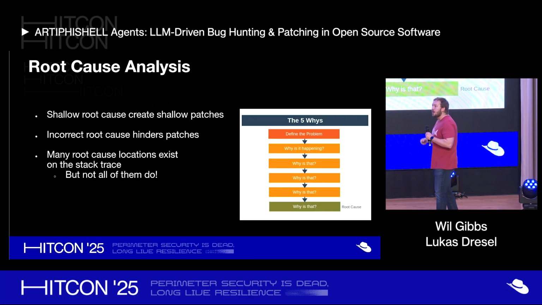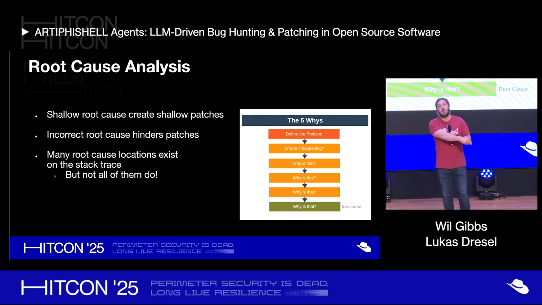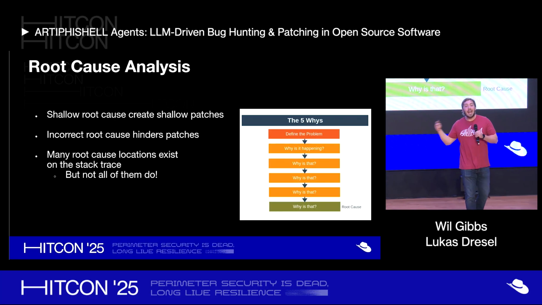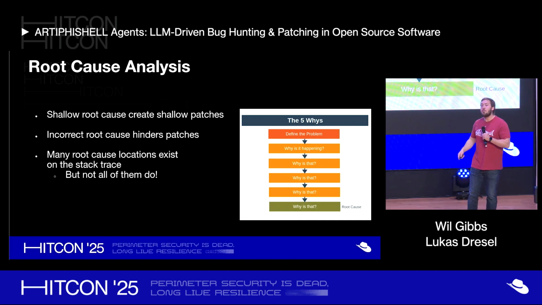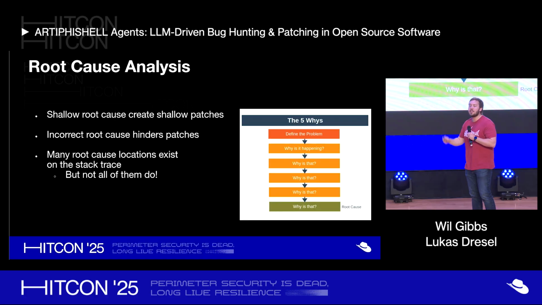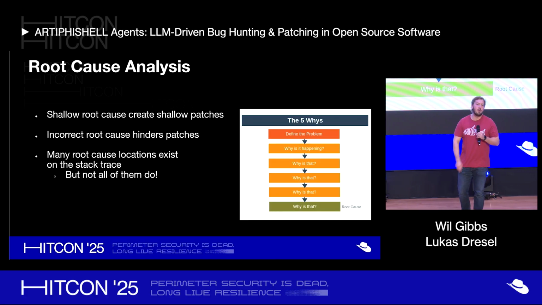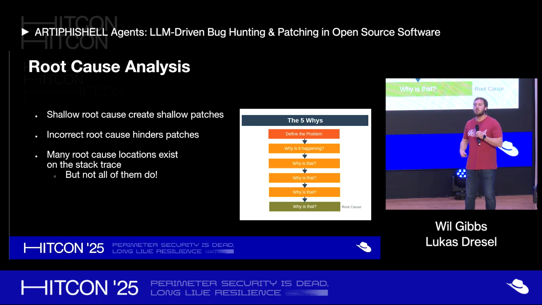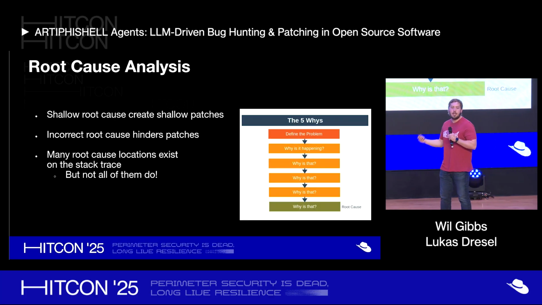If you decide to give a root cause that says, hey, the vulnerability or the problem, the root cause is in function A, when it's actually in function B, the LLM will believe you. The LLM will think, obviously it's in function A. Obviously I shouldn't look anywhere else. I'm only going to try and patch that function. So it's very important when you pass the values to LLMs that you give them somewhat correct information.